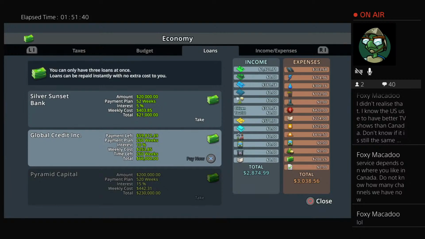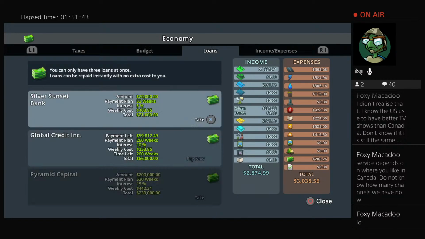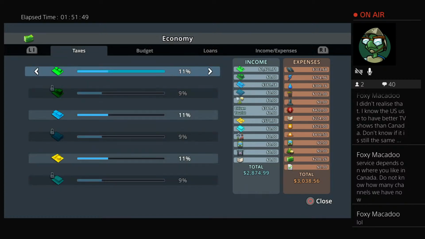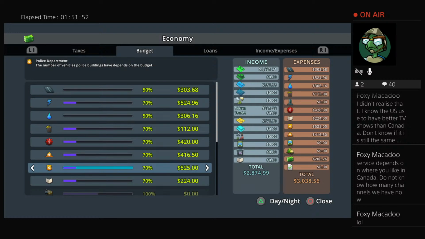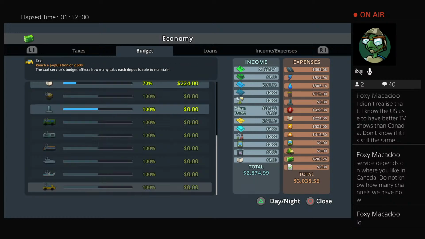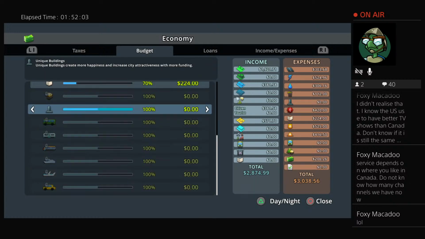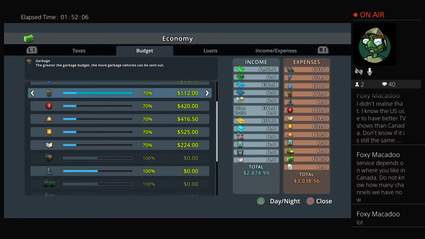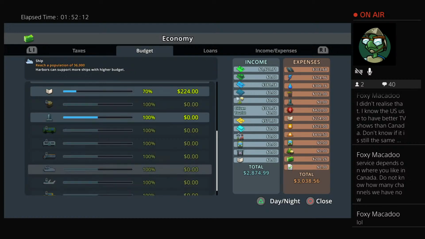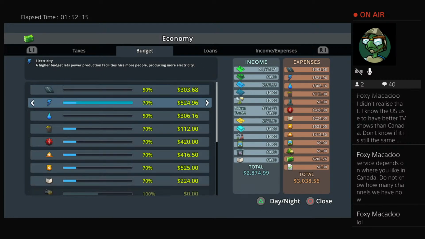Okay, so our economy is now running a little bit on the low side. Budget. Taxes. Where do we have... I don't even know what that is. And it's unlocked? Okay, that's something that we just got access to that we weren't aware of. We were aware because it gave us a tutorial tip, but we weren't aware it was that big of a deal. Alright, so we're going to go down to...